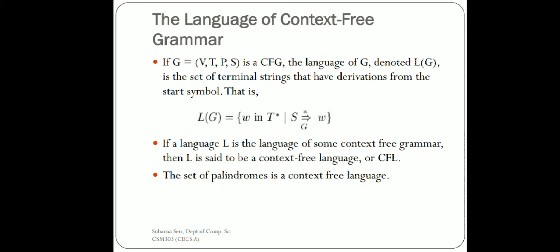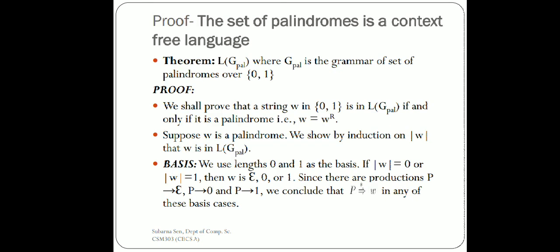Fine. And as an example we can consider the set of palindromes in the context-free language. Now we will see how to prove that the set of palindromes is a context-free language in respect of the production rules and in respect of the length of the string. First we will prove that the set of palindromes is a context-free language with respect to the length of the strings. Here we are considering the set of palindromes over the alphabet 0 and 1. So the grammar is described as GPAL, as we have seen in our previous lecture, and the language it is generating is denoted L of GPAL.